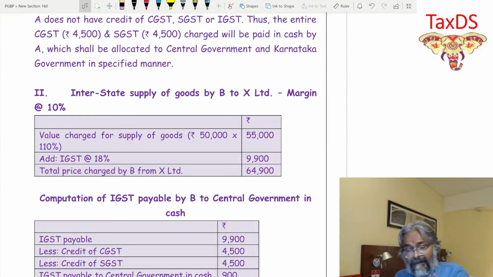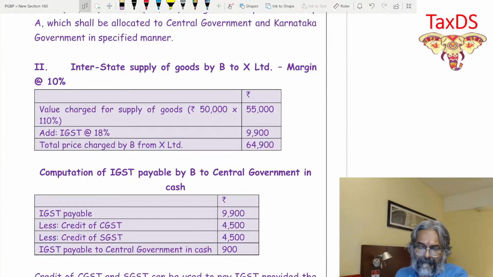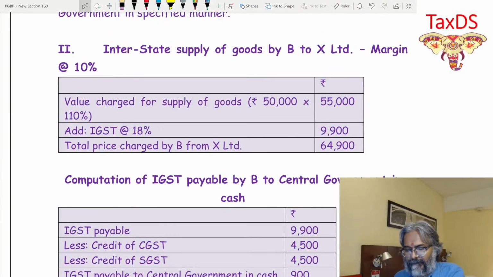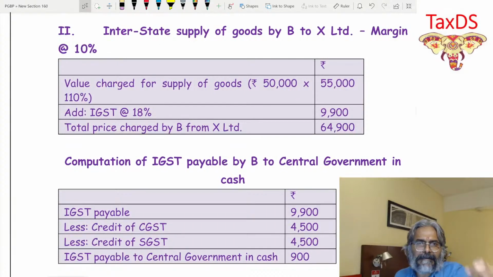You know which government. Now, he is doing, for instance, an interstate supply, wherein the margin is this much. So, in this interstate supply, 18% in this context. Now, be careful how he is going to pay that IGST. Please tell me, to pay the IGST liability, can you use the CGST credit? Yes, we have seen that. Can you use the SGST credit to pay off your IGST liability? Even that is the case in this context.